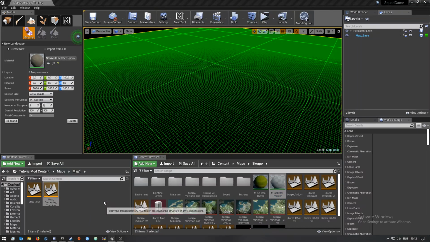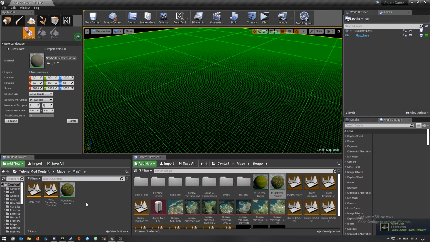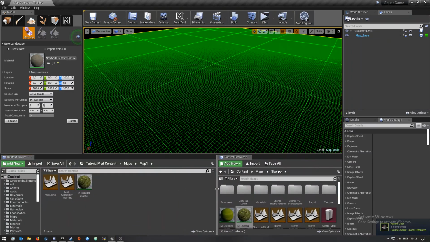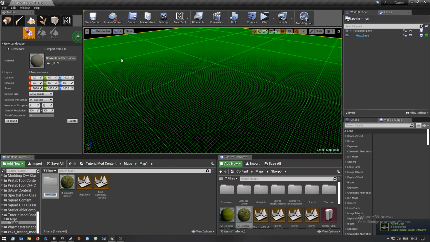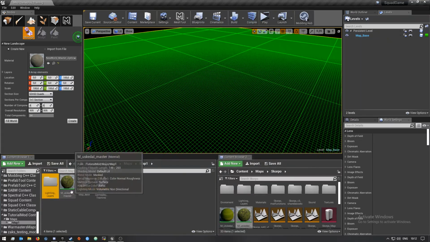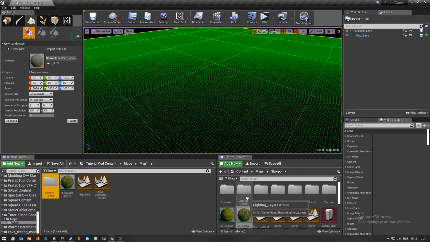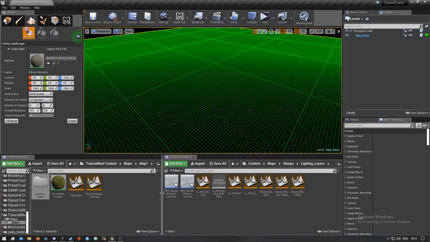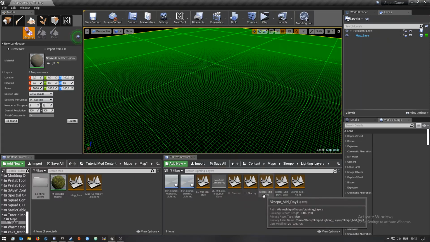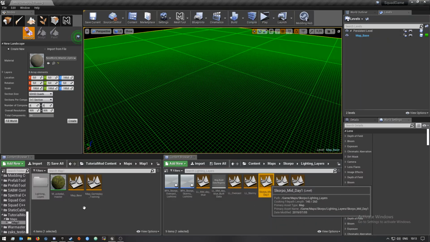Okay, so we're gonna copy here, don't move, copy. Okay, so once you have done that, we're gonna quickly create a folder called lighting underscore layers. I think I spelled lighting correctly. Yep, okay, so we'll get to the master material just now. So go into the lighting folder of whatever map you chose, and then I like to use the Scorpo midday, this one. So we're gonna drag it over here,